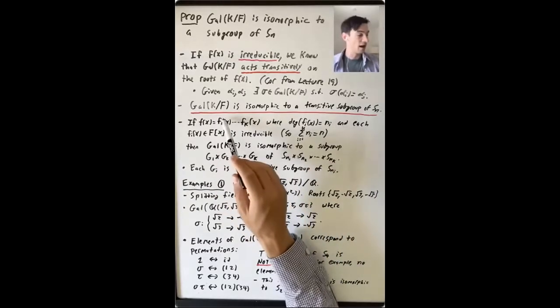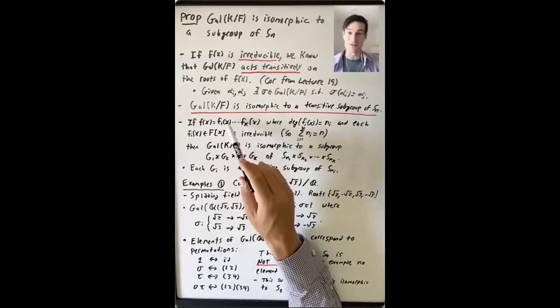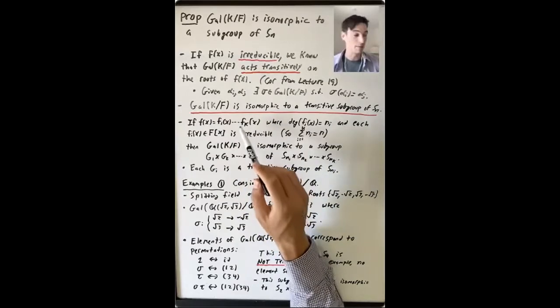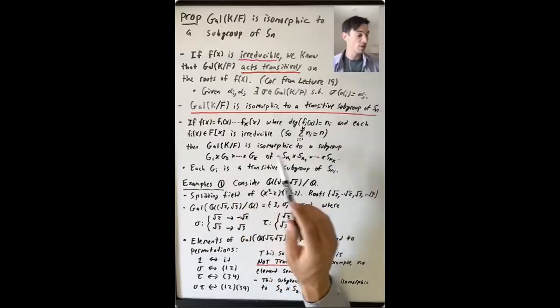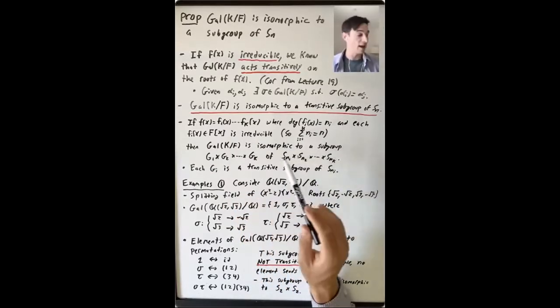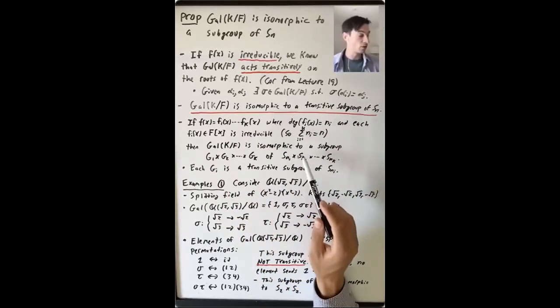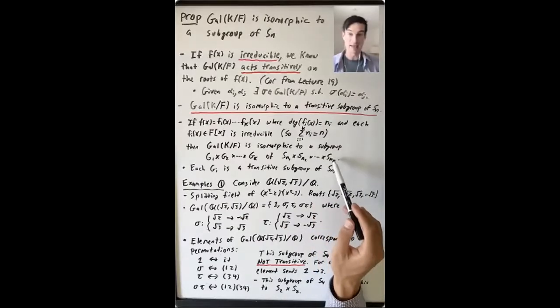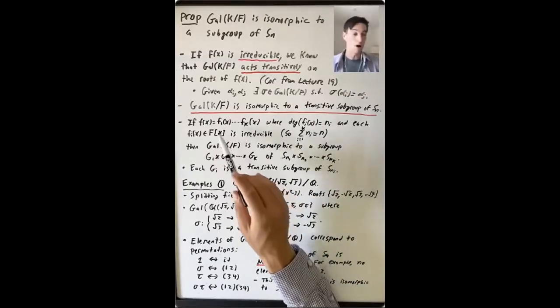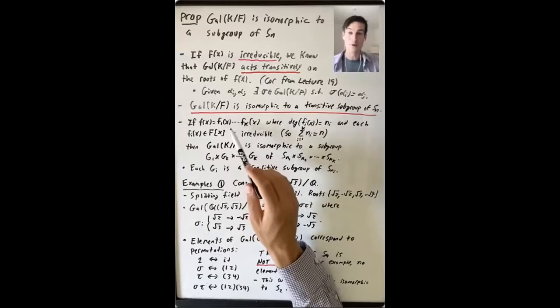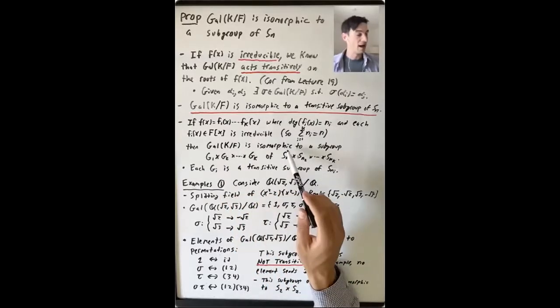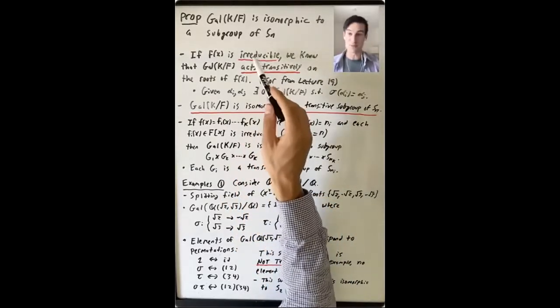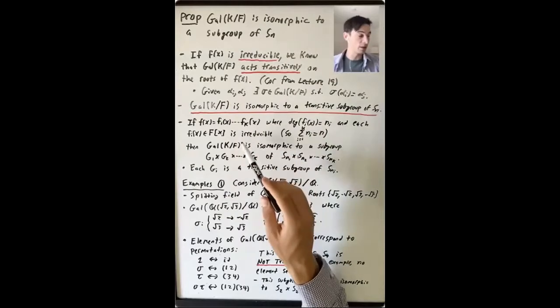Okay, so we know that each Galois element permutes the roots of f1 and permutes the roots of f2 and permutes the roots of fk. So that means that the Galois group is isomorphic to a subgroup G1 cross G2 cross Gk of Sn1 cross Sn2 cross Snk. What's happening is Galois elements are only permuting the roots within each block corresponding to the irreducible polynomials. Okay, so more than that, we can just apply this previous result about what happens when f(x) is irreducible to say that